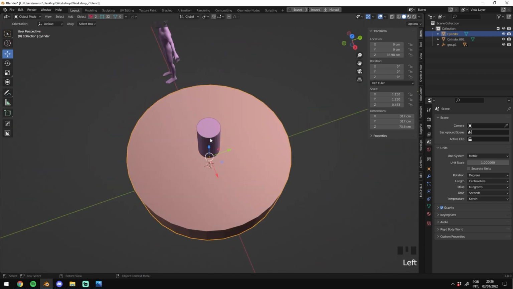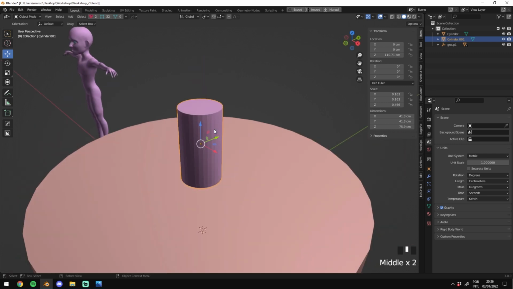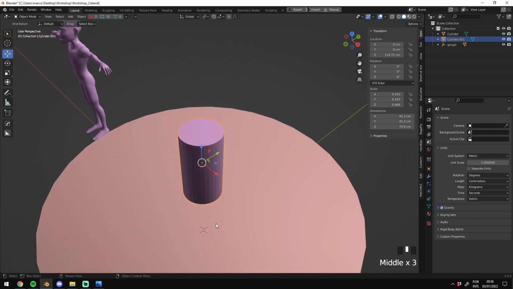Okay, so now I want to move my 3D cursor here to create a kind of sphere. As I said, everything is a primitive, and here we can easily see it's a sphere, half a sphere, let's say. So I want to move my,